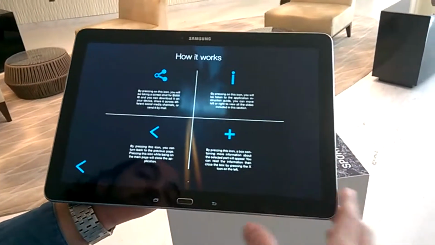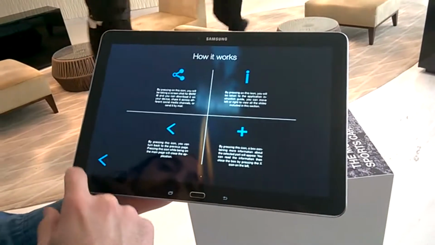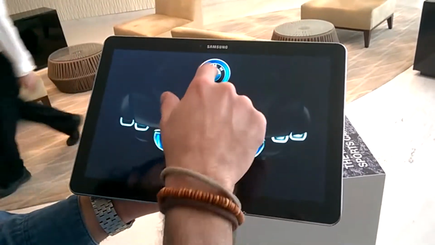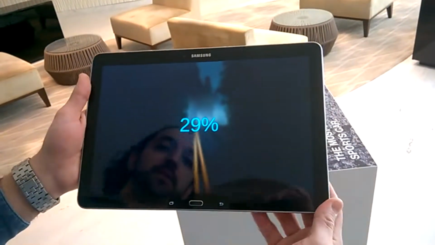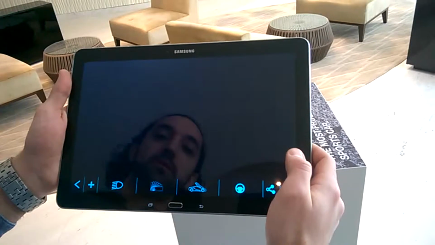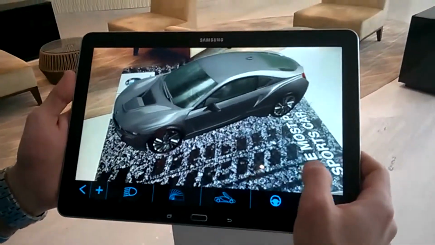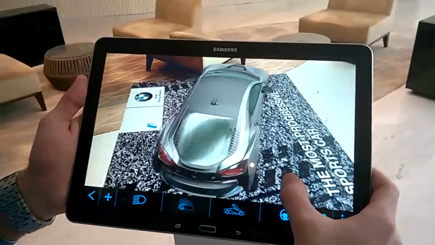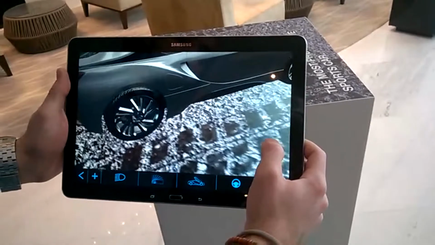There's also some details about the interface. You can share, you get additional information, and how to go back. Once you're ready, you just press the BMW logo and you can start the experience. From there, we can see the model of the car in higher resolution details. You can zoom into different areas of it